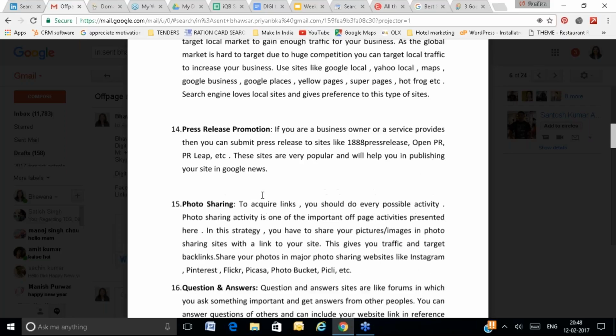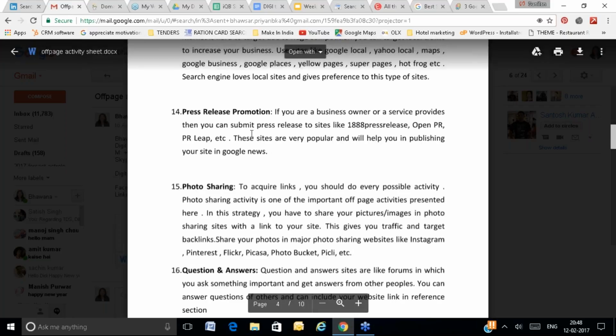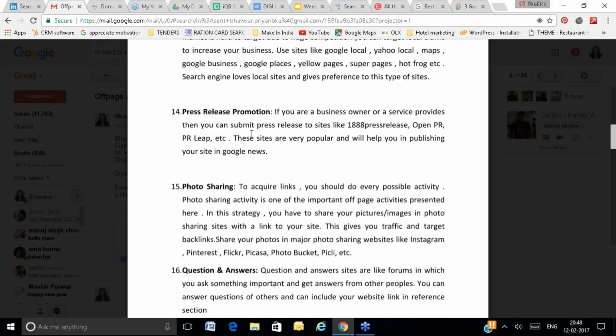You can do online press release. So as we have offline press release, we have online press release as well. Like pr.com or pressrelease 18888.com. So you will go to Google, find top press release websites in India or top press release websites of UK. Wherever you are promoting, you will find all these kinds of links from the relevant country. If you are promoting in India, all these links should be from India. If you are promoting in UK, you will find all these links of the UK. That you have to also keep in mind.